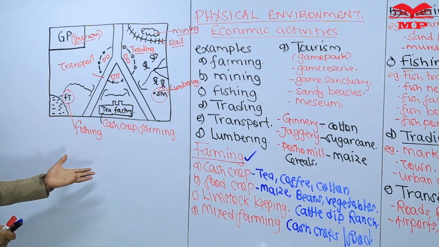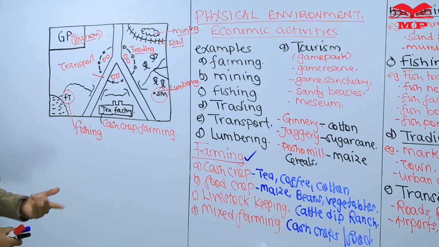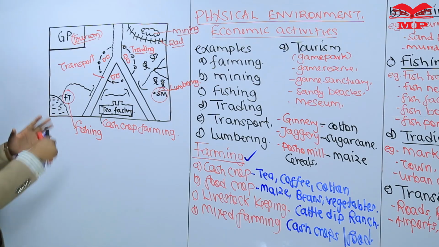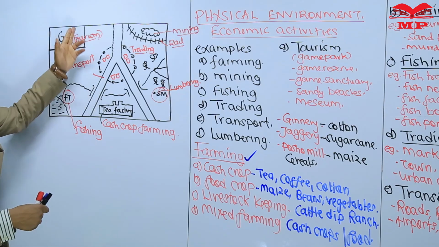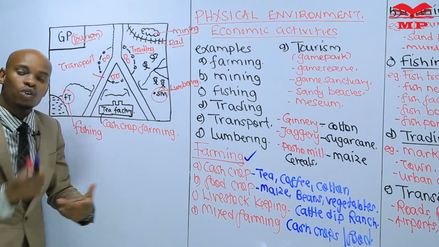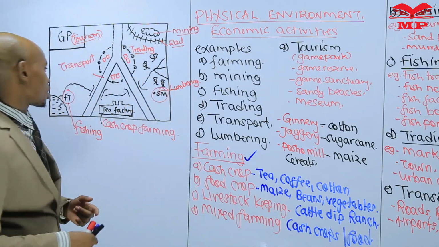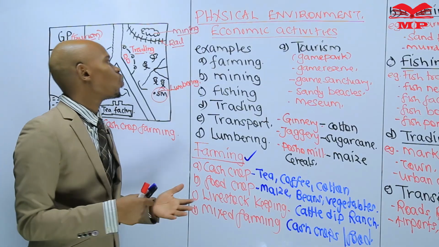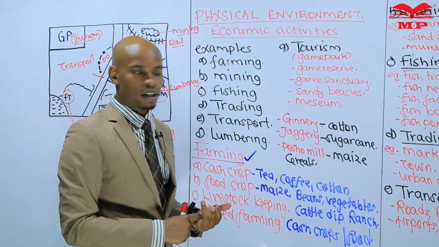And in most cases, they will even ask you which one of the following economic activities is not carried out in the map. Which of the following economic activities is not carried on the map? Then you are supposed to go through naming them one after the other, so that you understand which one is there, which one is not there. So that is exactly what we are supposed to know about economic activities: one, identify the economic activity